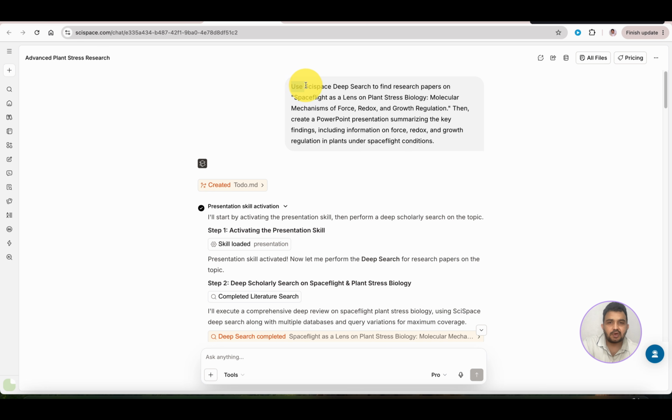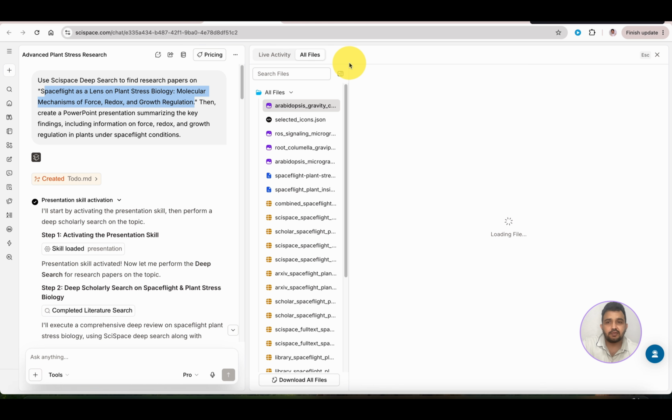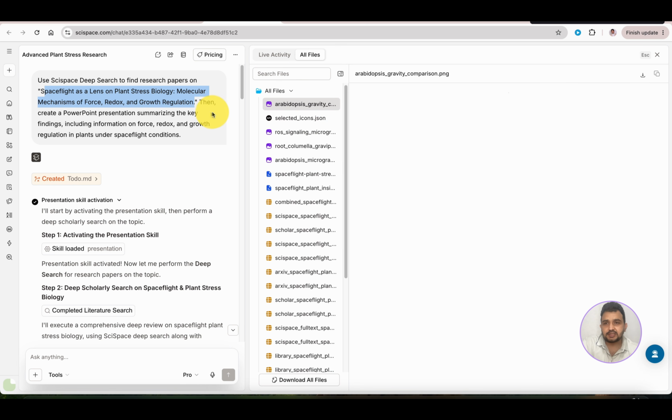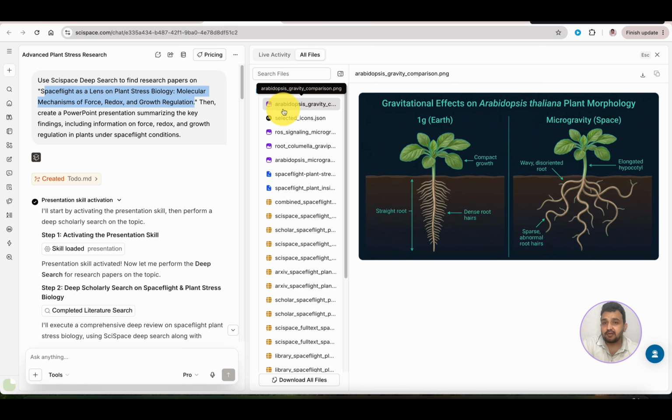So here you see I have asked it to use SciSpace deep search to find research papers on a title I have given: space flight as a lens on plant stress biology, molecular mechanism of force, redox and growth regulation. And then I have also asked it to create a PowerPoint presentation summarizing the key findings, including the information on force, redox, growth regulation in plants. So here you see, it has already created